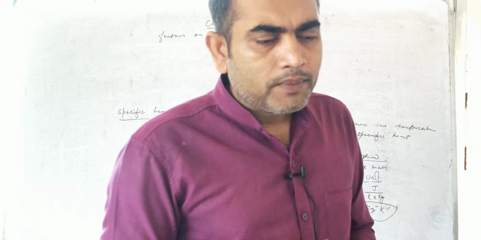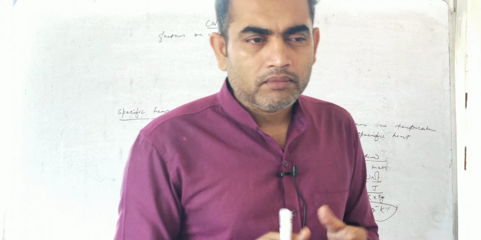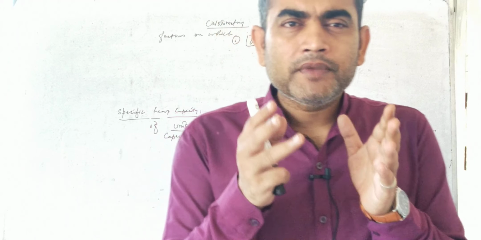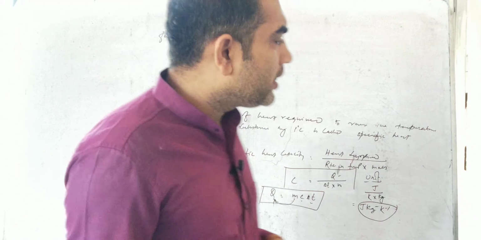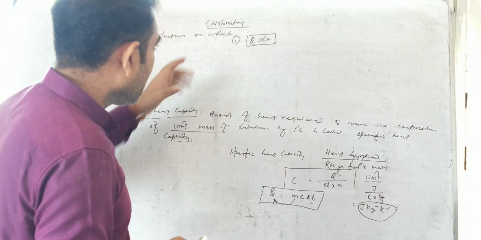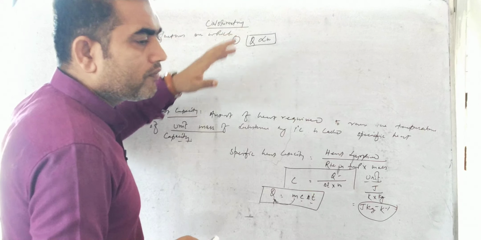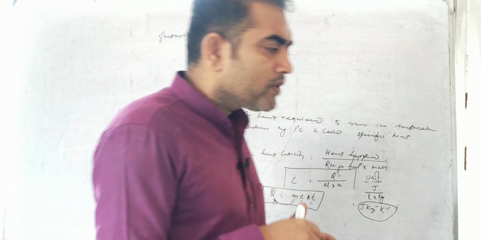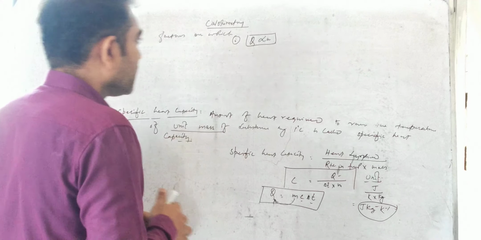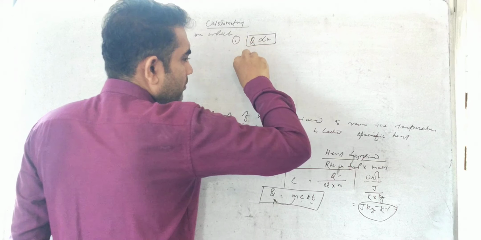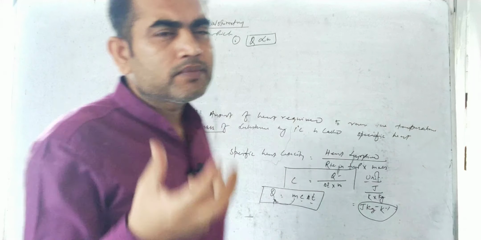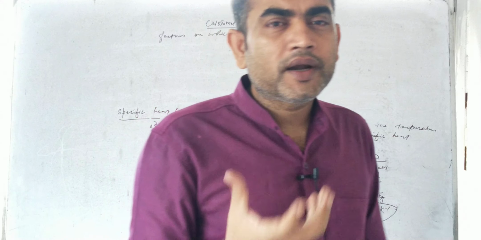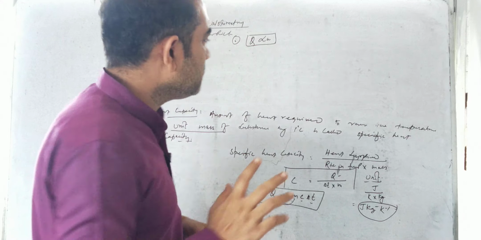As an example, suppose we take 1 kg of water in one container and 2 kg of water in another container, and supply the same amount of heat. You will find that even after supplying the same amount of heat, the temperature change for both will be different. So it is directly proportional to the mass of the object. Smaller the mass, smaller the heat required for a particular temperature rise, and greater the mass, greater the heat required.